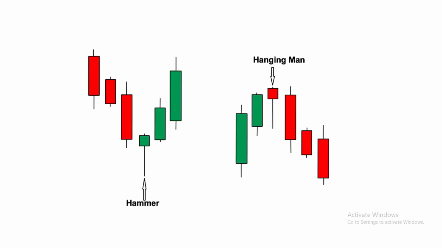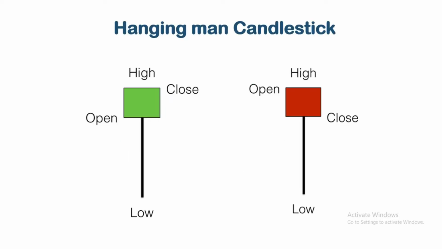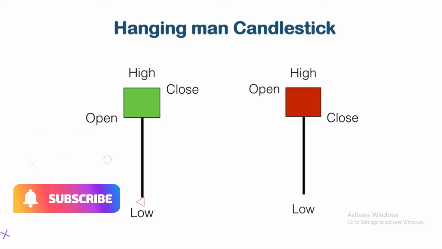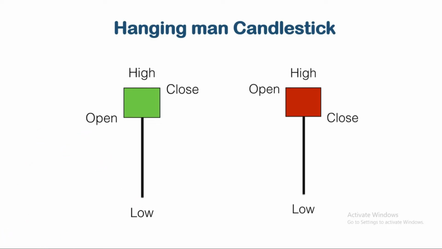When it forms at the lower end of a trend, it is considered a hammer. But if the same candle forms at the top of the trend, it is considered a hanging man. When a hanging man forms in an uptrend, it indicates that buyers have lost their strength, while demand has been pushing the